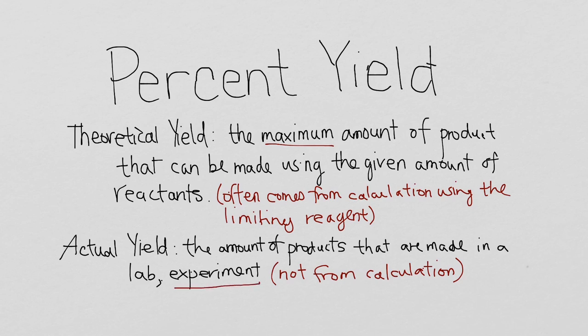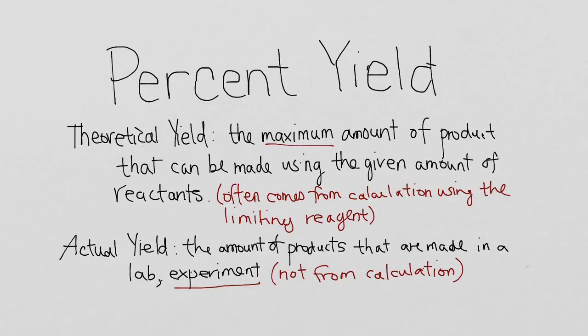Okay. So the reason why, actual yield often does not match your theoretical yield. So, meaning the amount you make in a lab often doesn't match the maximum amount of product that you calculated for. And the reasons are, so reasons for not reaching this maximum amount,